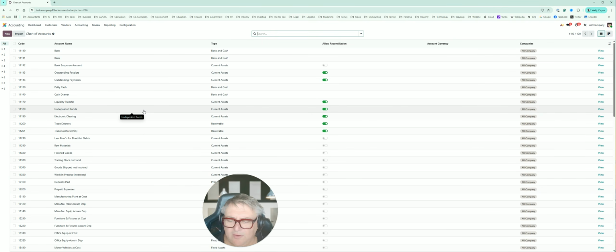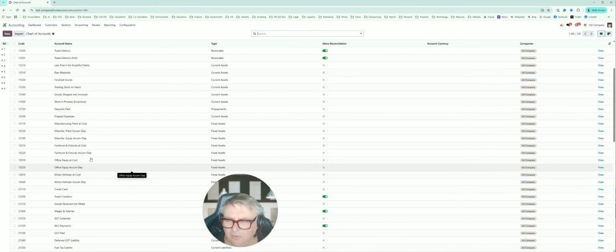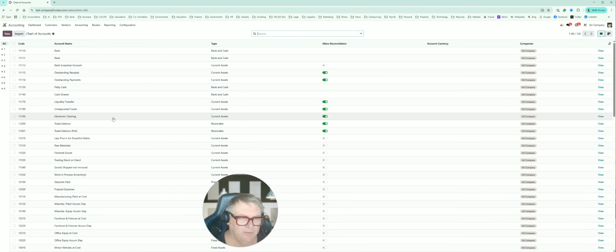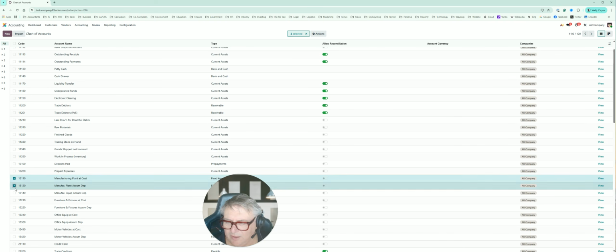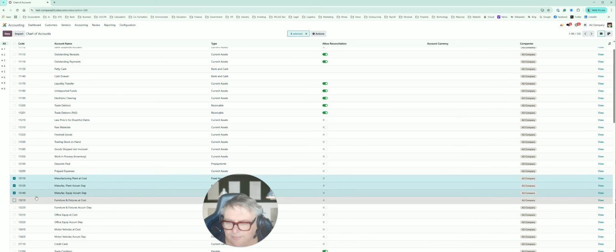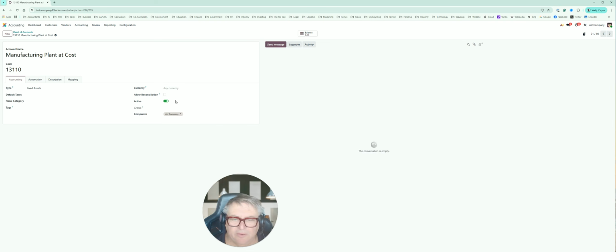Odoo comes with a very comprehensive chart of accounts, including manufacturing and inventory and all sorts of stuff, goods shipped, not received. You don't need all these things if you aren't involved in it. So there's a few things you can do to get rid of them. If you're not into shipping or you don't have manufacturing, you could simply select all these actions and delete, or archive. Or the other thing I prefer to do is go into view and just simply deactivate them,